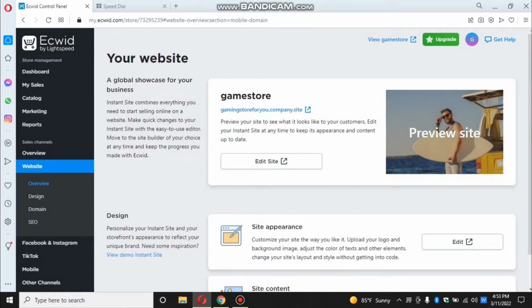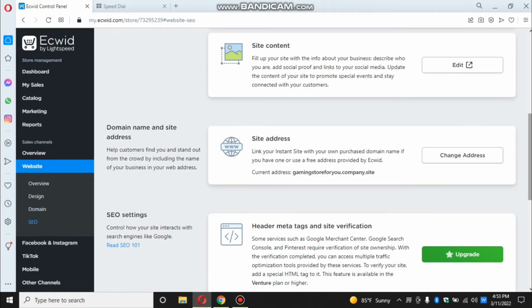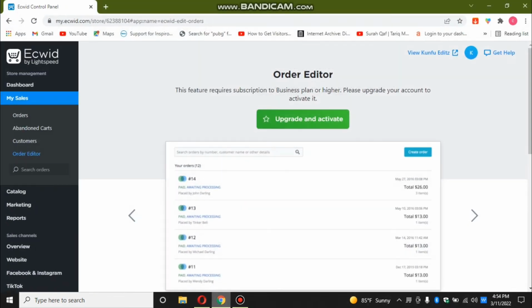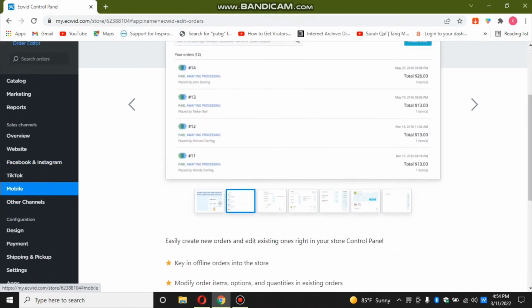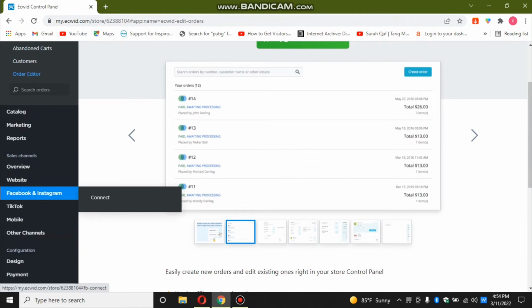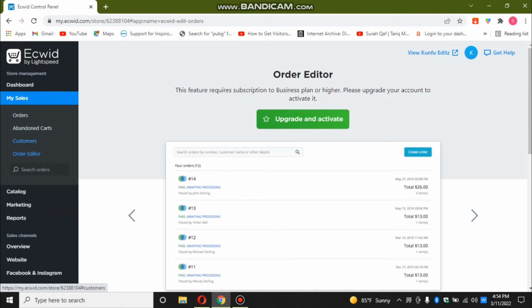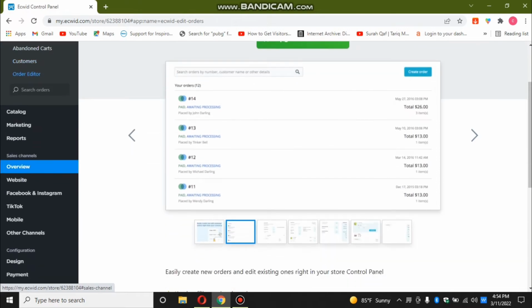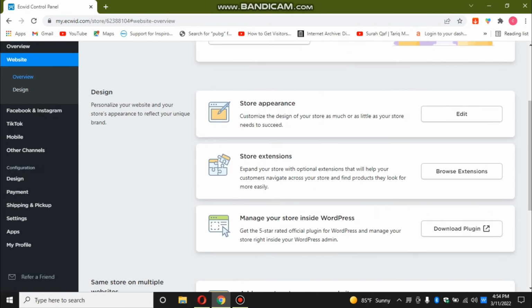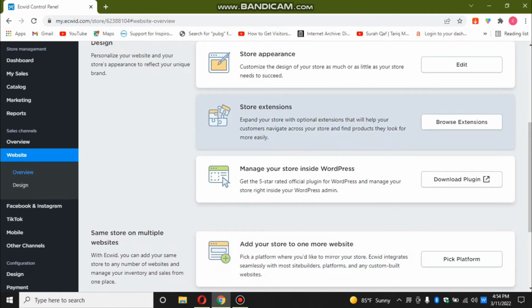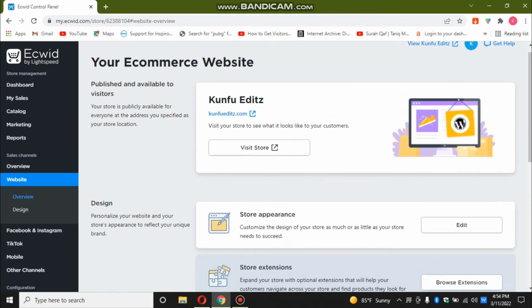So the next one is SEO. SEO is also on the same page. If you upgrade, you can see all these things. We'll see how it is enabled in our platform. So if you click website, where is it, customers, overview and the website. So you can see here store extensions, browser,